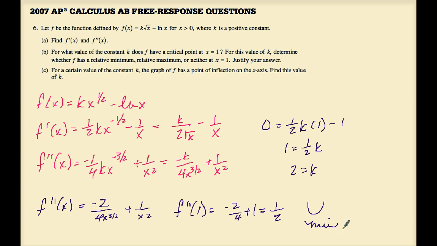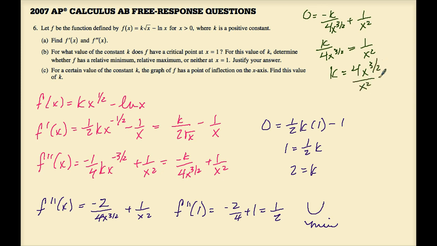Let's use this to find k. 0 is equal to negative k over 4x to the 3/2 plus 1 over x squared, which means k over 4x to the 3/2 is equal to 1 over x squared. Multiplying both sides by 4x to the 3/2 gives us k equals 4x to the 3/2 over x squared. This simplifies to 4 over the square root of